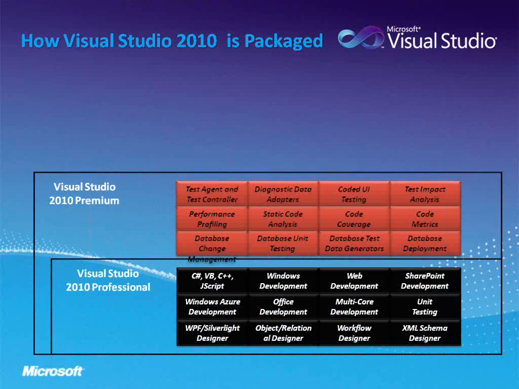Visual Studio 2010 Premium. Now there are some testing components, like the test agent and the test controller, then coded UI testing, performance profiling, and code coverage. So what is test agent and test controller? In simple words, test agent is a client and the controller is a server. And coded UI testing: Microsoft Visual Studio Premium as well as Ultimate has come up with this functionality. That is coded UI testing. We can perform the UI testing as well as the functionality testing using it.